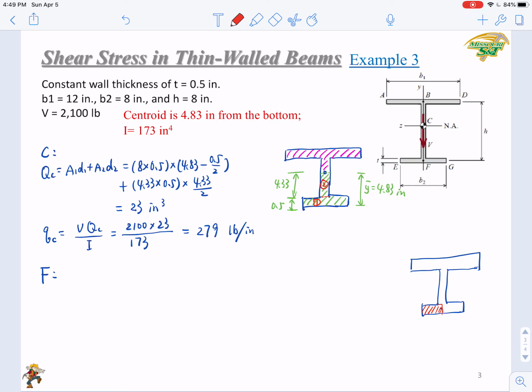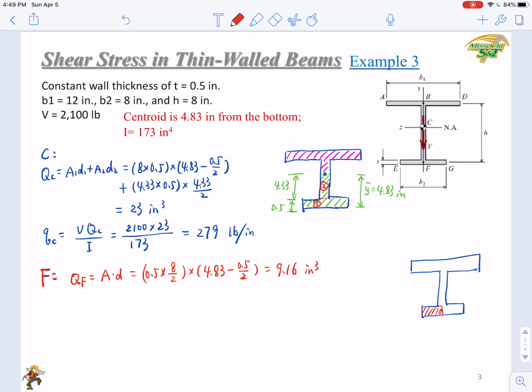So here the QF is relatively easy to calculate. The QF will be just A times D. Right? So A will be thickness by half of B2. Right? 0.5 times half of B2, 8/2. This is A. And the D will be, again, the y bar, 4.83 minus half of the thickness. Okay, here you got a 9.16